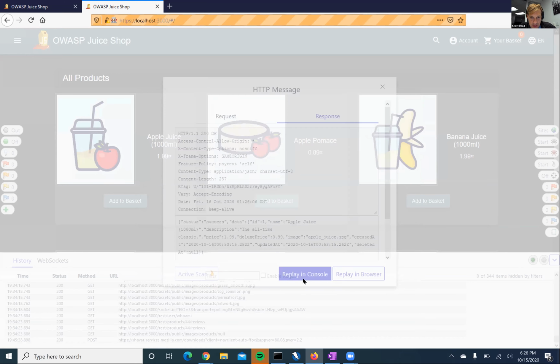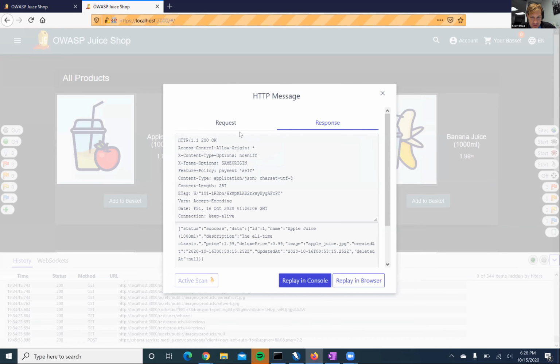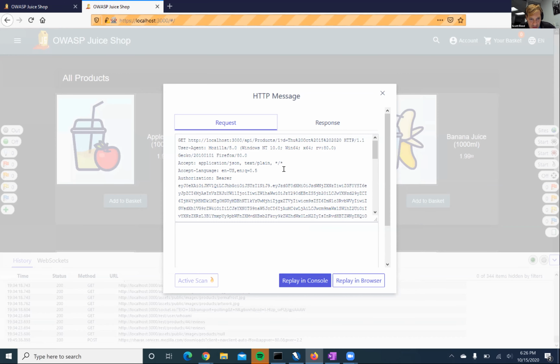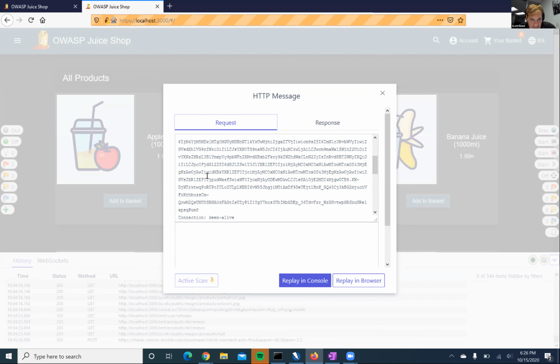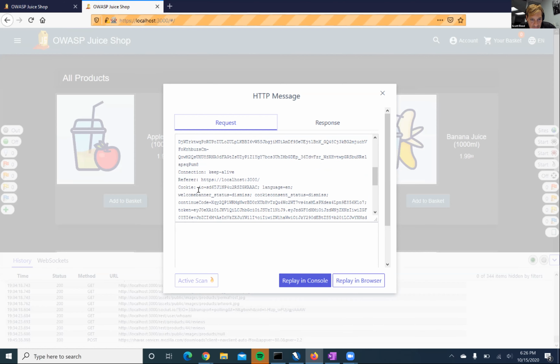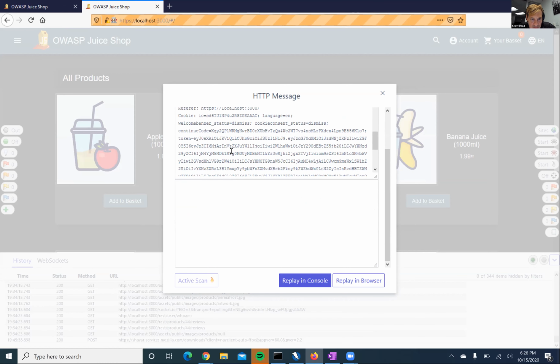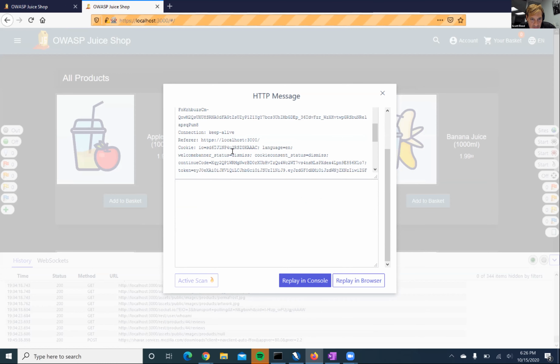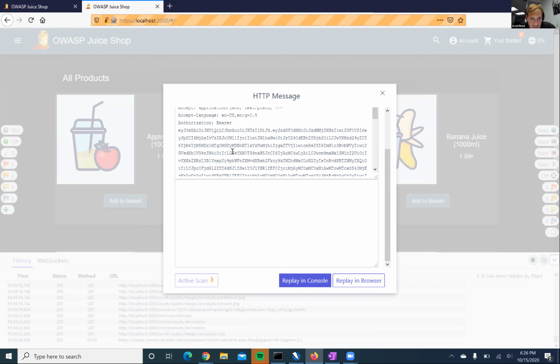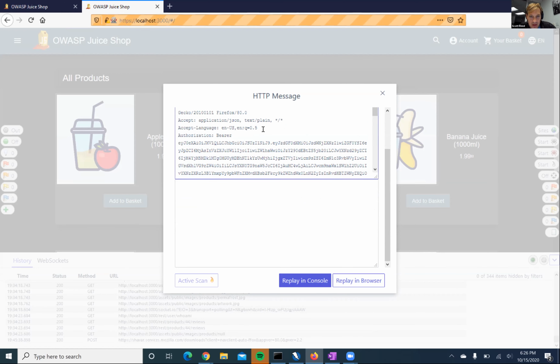Okay, so if I replay, I get success. So I know that the token is correct. And then the accept header is JSON. The referer, the cookie, the host. I actually don't see the content type.